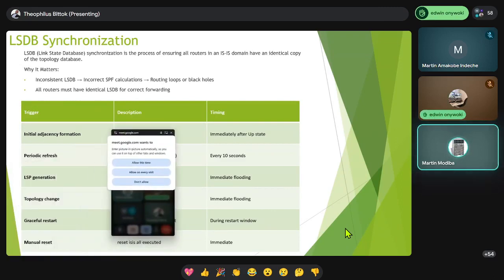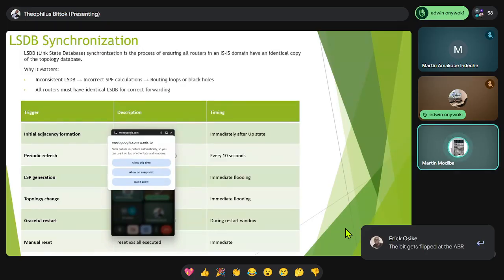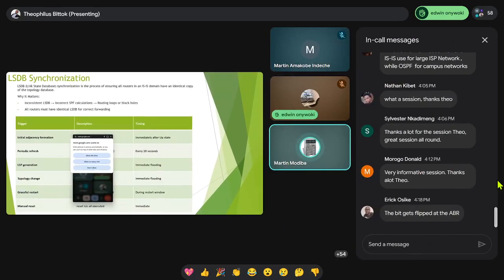Sorry, and then the other one is the PE-CE scenario when you're running OSPF. Let's say you have a PE router and a CE router, OSPF is running on the PE side with a VRF, and the customer side is running OSPF. What's going to happen is OSPF on the PE side will use the down bit to prevent that loop.